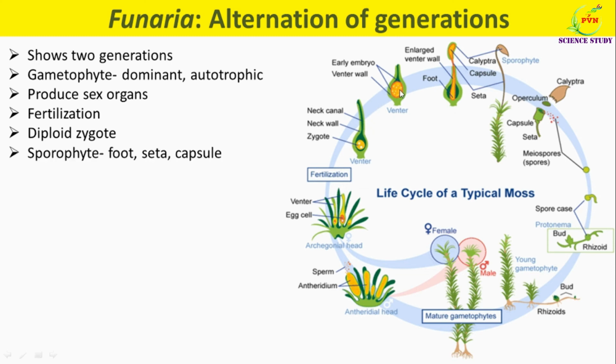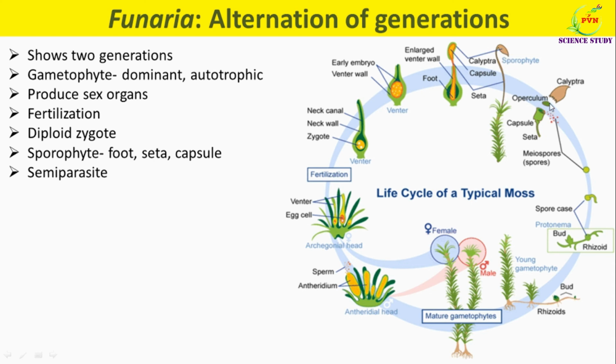This zygote divides and redivides to form the sporophyte of Funaria. So this is the sporophyte of Funaria, showing mainly three parts, that is foot, seta and capsule. The sporophytic generation of Funaria is semi-parasite on gametophyte. As you can see here, the foot is embedded in the gametophytic tissue and absorbs water and minerals. The seta is long and elevates the capsule to a greater height. Here, capsule can prepare its organic food by the photosynthesis. The sporophytic generation is asexual in nature.